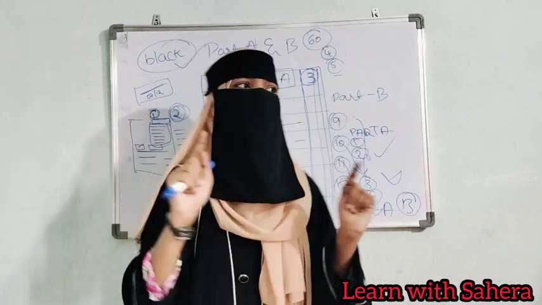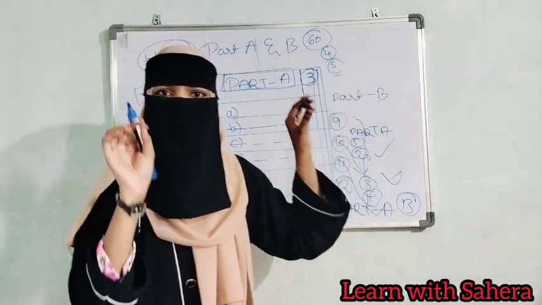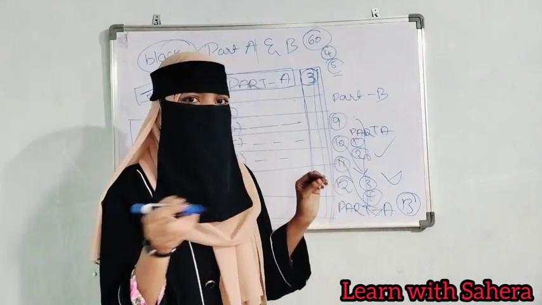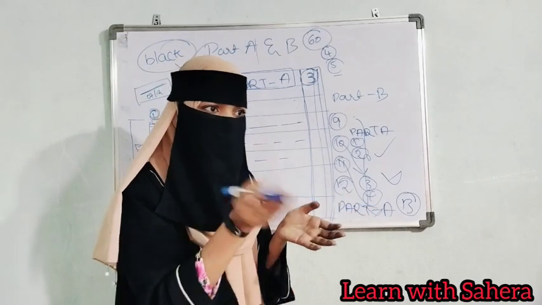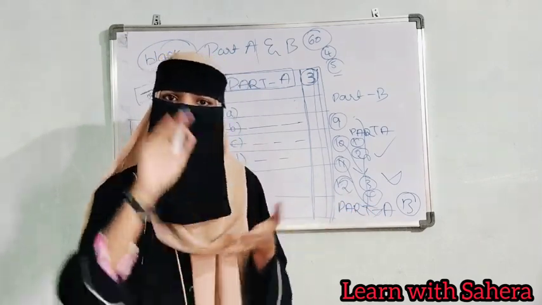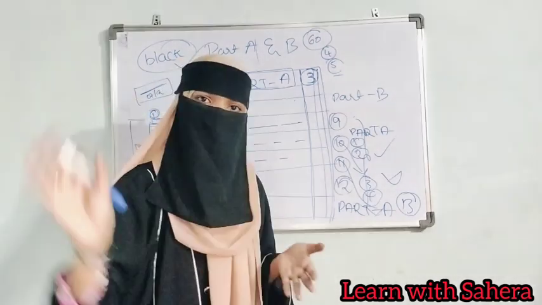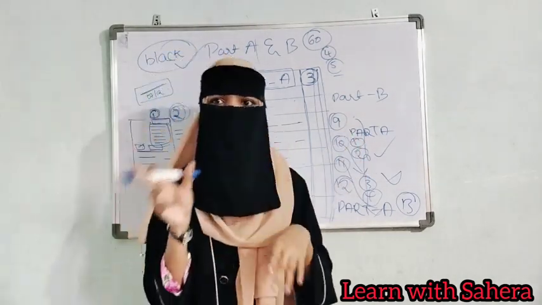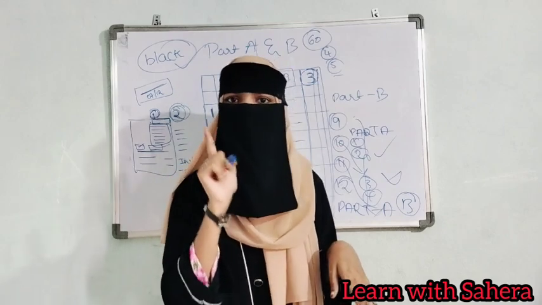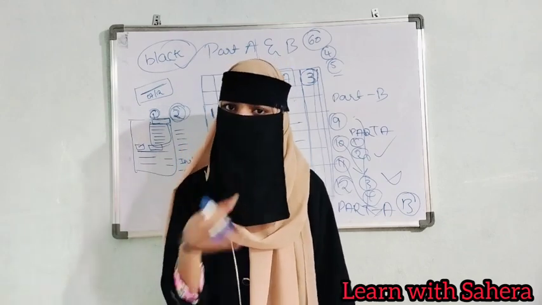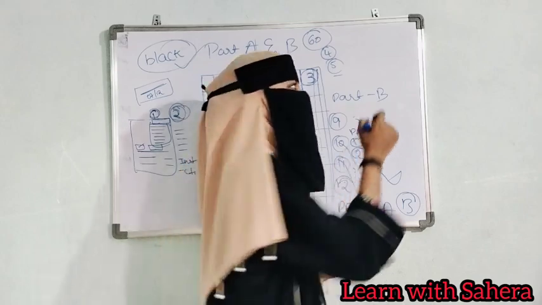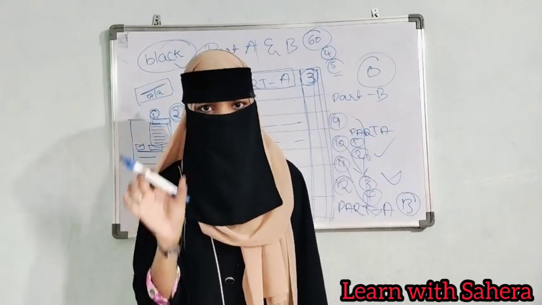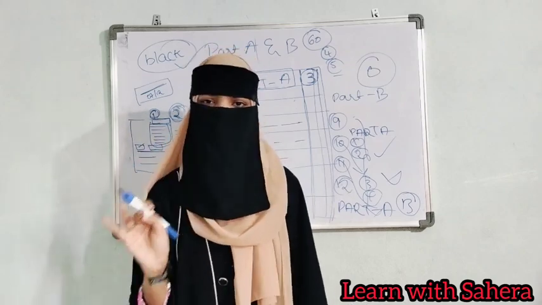And while writing only, you have to check whether you are writing the correct question number or not, because afterwards time will not be left. If you want to check the question numbers also, time will not be left. The invigilator will take your paper. So while writing only, check the question numbers, because question numbers are very, very important. If you write the right answer, but the question number is wrong, no marks will be there. You will get 0. So try to write clearly, managing the time and correctly, okay?